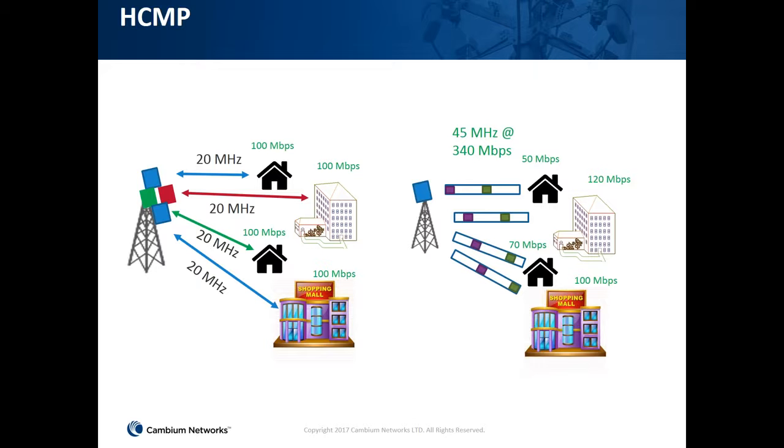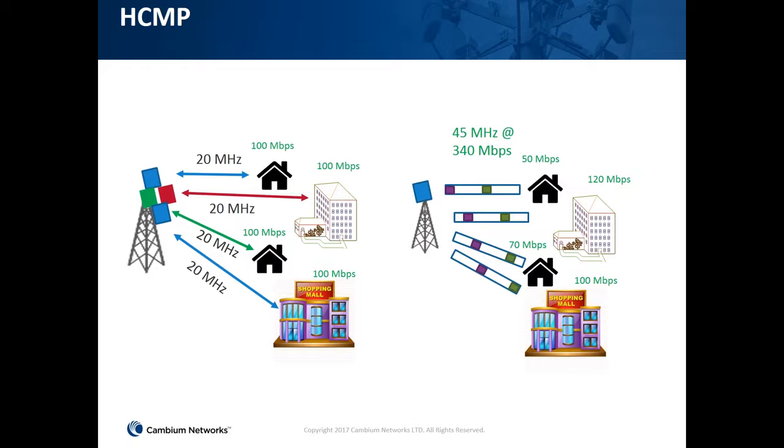So for example, if a home needs 50, you can dedicate just 50 megahertz to that, and it's a dedicated solution. You're going to use the same channel bandwidth that you have, but you're going to dedicate some portion of it to node number 1, and these nodes can be changed going forward. So right now,